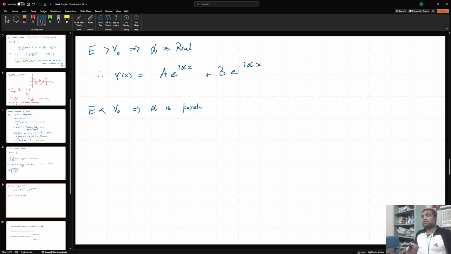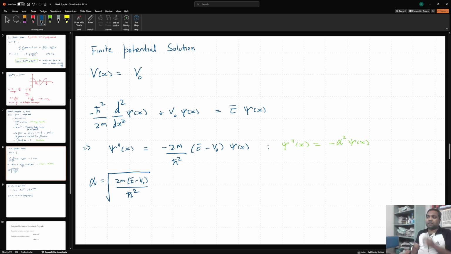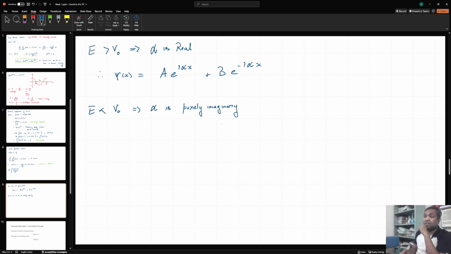What does purely imaginary mean? Essentially, if E is less than V naught, this quantity becomes negative. So I am taking the square root of a negative number. The square root of a negative number is the square root of the magnitude of that number times the square root of minus 1, which is the imaginary number iota. So this further implies alpha is equal to iota times lambda, where lambda is equal to